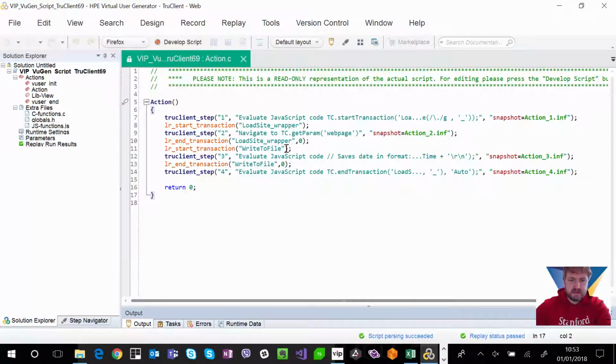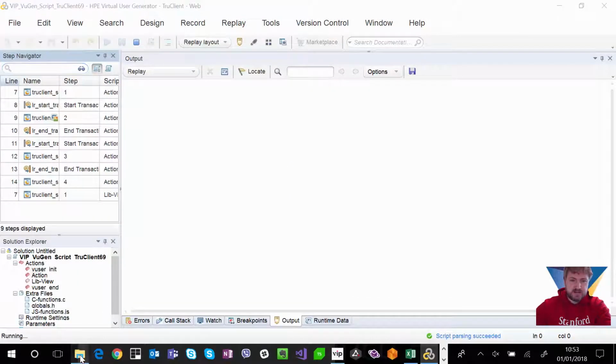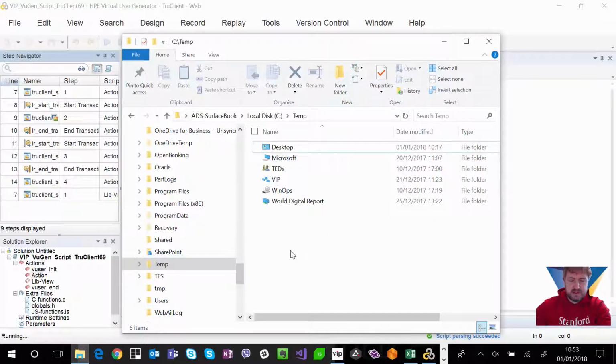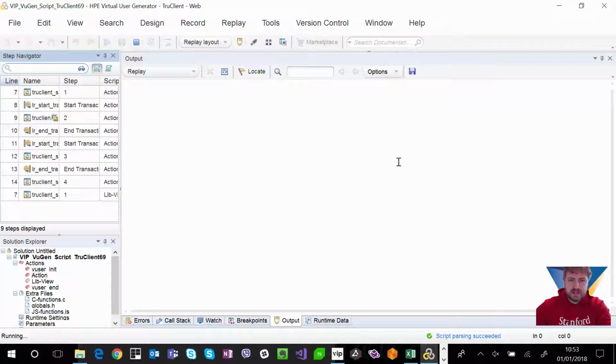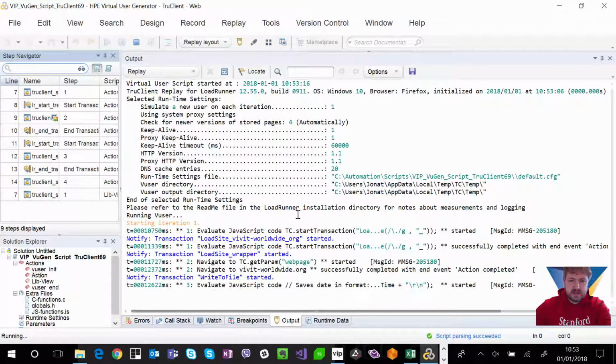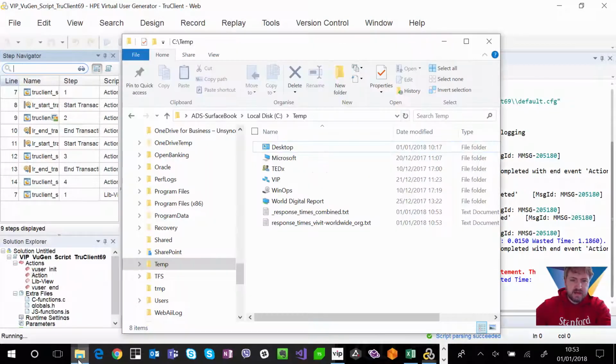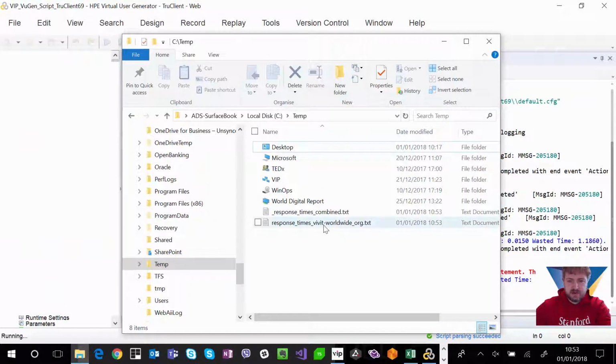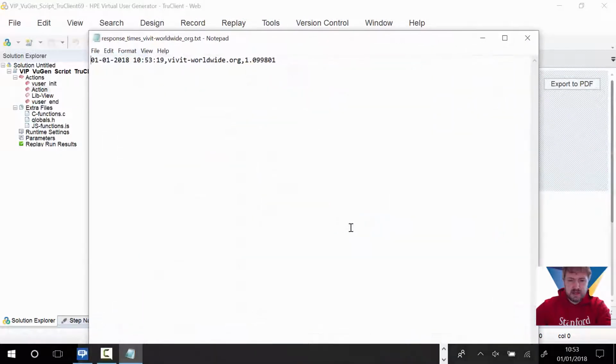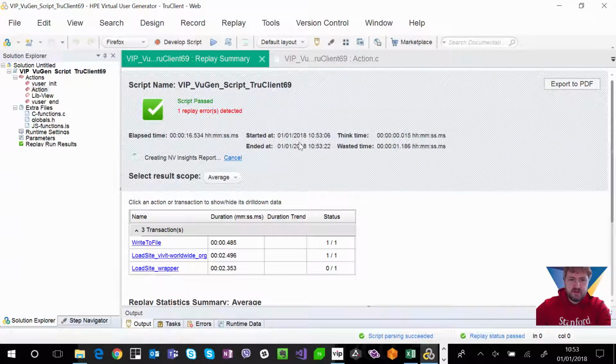As you can see, there's a wrapper around here. So what I've done is I've told the wrapper to output into a text file the results of what happens when it executes. In this case, it's spinning up the network virtualization to give it a more realistic load pattern. And I've now got a request response time here of 1.9 seconds. So that's great. However, I've had to execute this directly from the HPE Virtual User Generator.